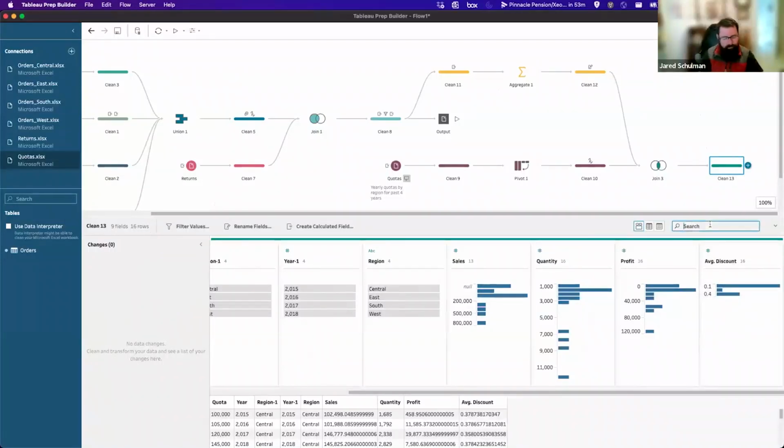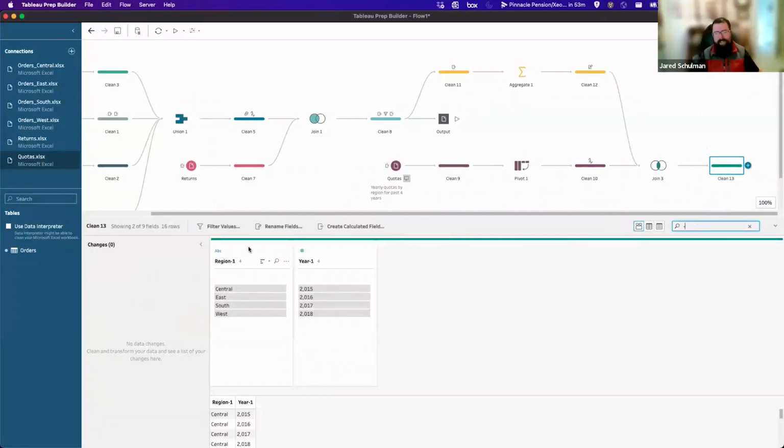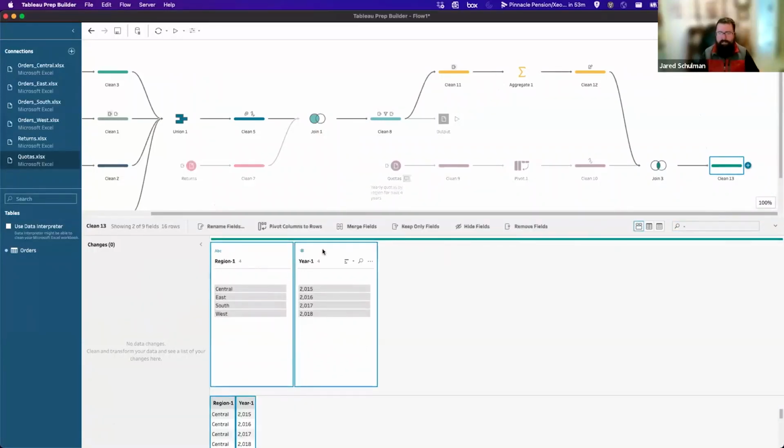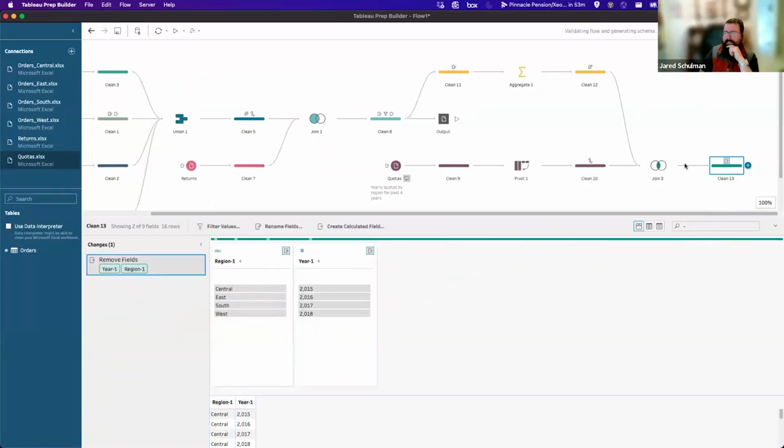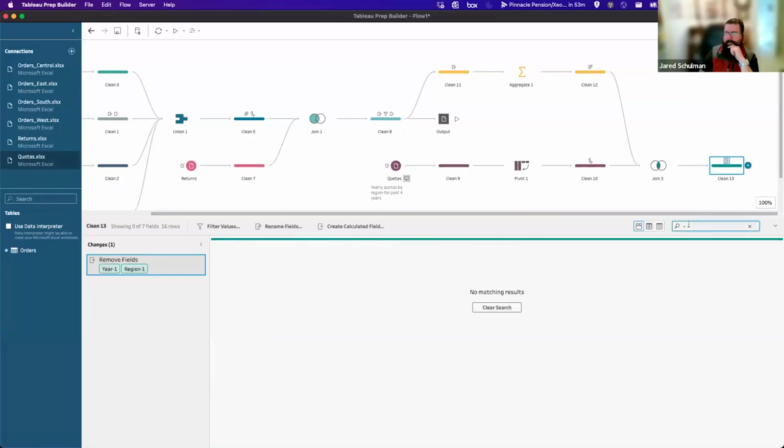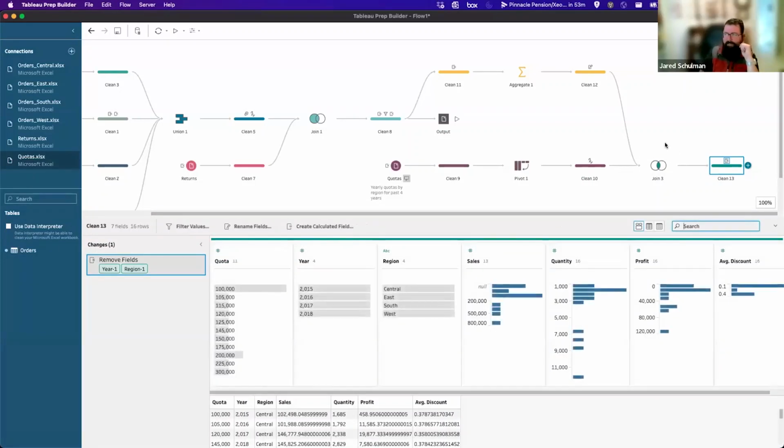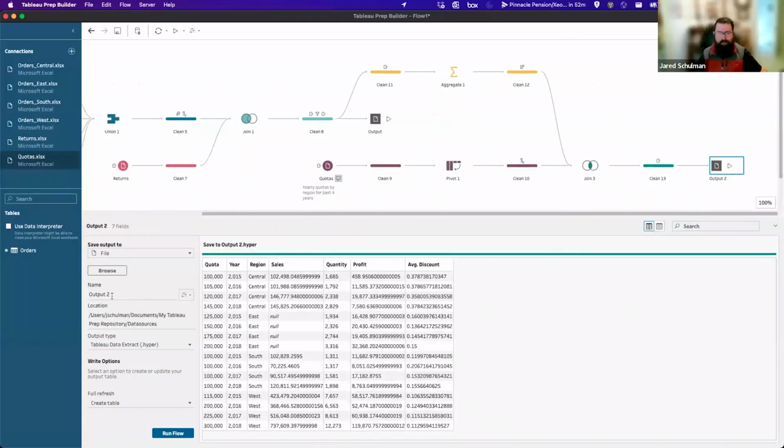The last thing that we'll do is, again, we're just going to look for that dash and clean up any of these duplicate fields. And because it's an inner join, we know that the values between those two fields on each side are going to be the same because it's only going to bring in the ones that match. So it doesn't really matter which one we get rid of. It's just cleaner to get rid of the ones with the -1 on them. And then we can add an output step, and we can call this our annual sales to quota. And we can put that wherever we want.